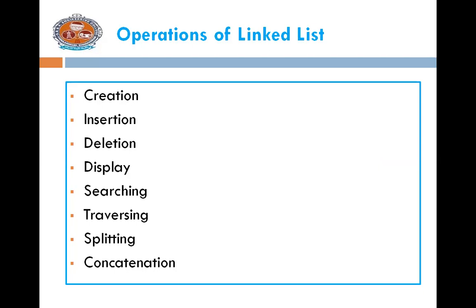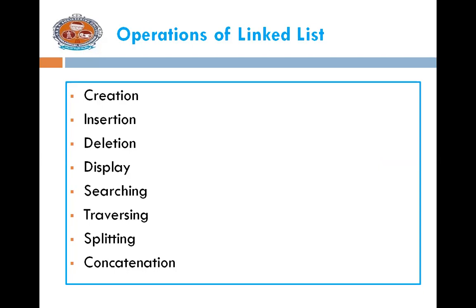and some more. Creation means, first of all, you can create the header node. When the header node is created, the list is empty, because we don't have any node, so we just create a header node and say that the list is empty. In the insertion part, you can insert new nodes into the existing list, or you can start the insertion right from the first node. That means you can do insertions at the beginning, at the end, or at some particular position in order.